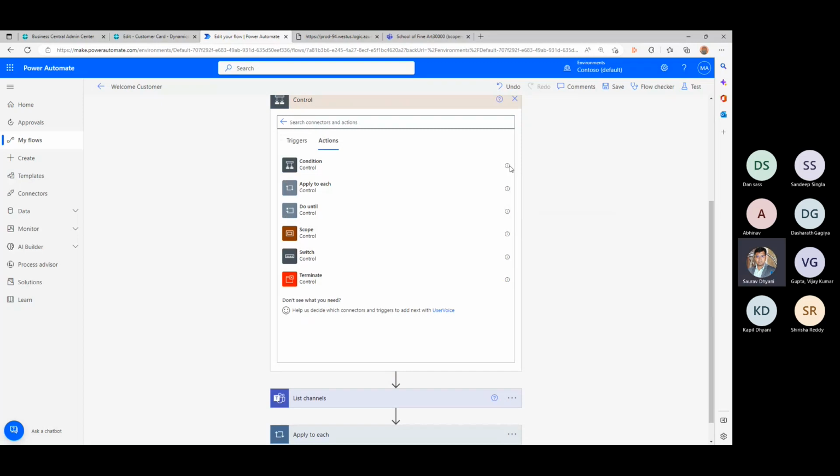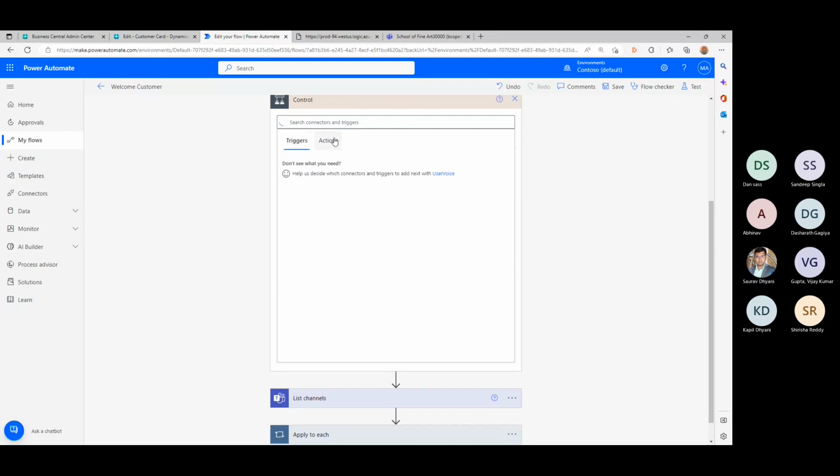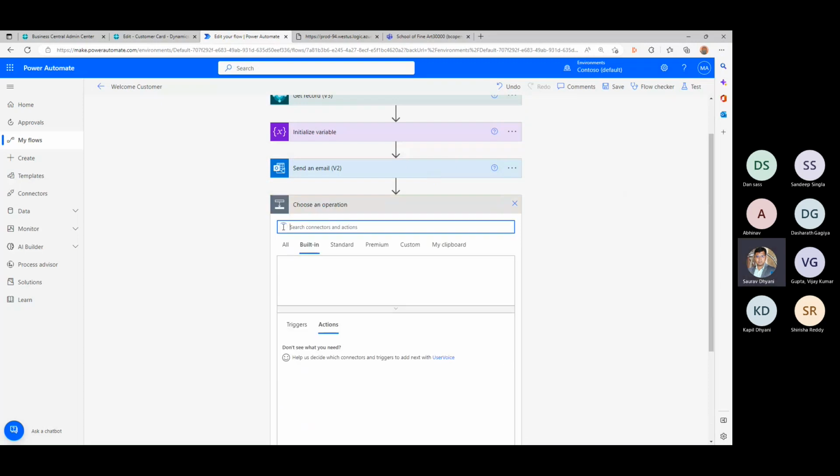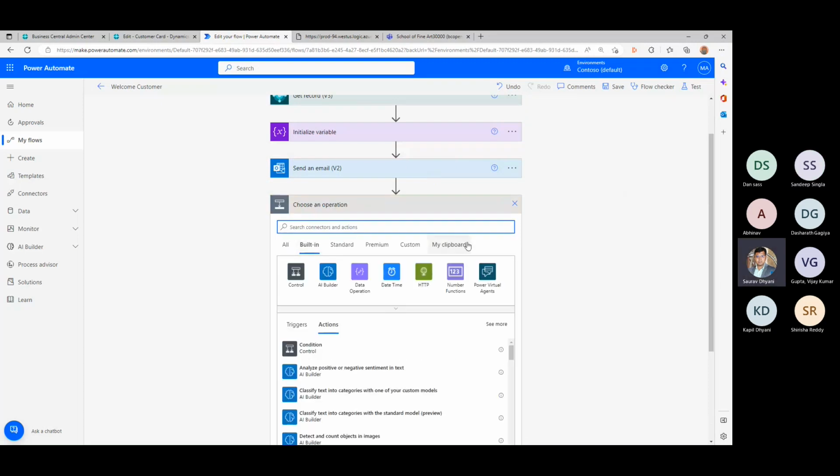This is apply to each, which you have tried. And condition. Condition we have tried, and then it automatically becomes an apply to each as soon as you apply the condition. Now that's something I'll have to find out and dig deep into it. But I'm pretty sure there will be something around.